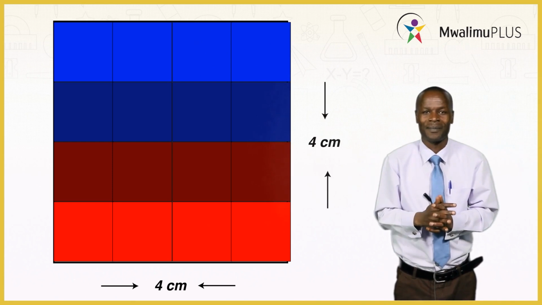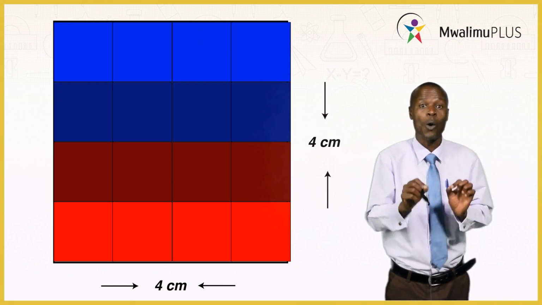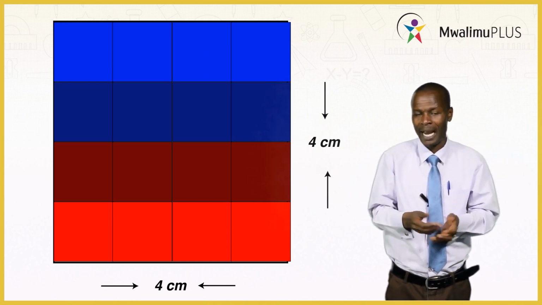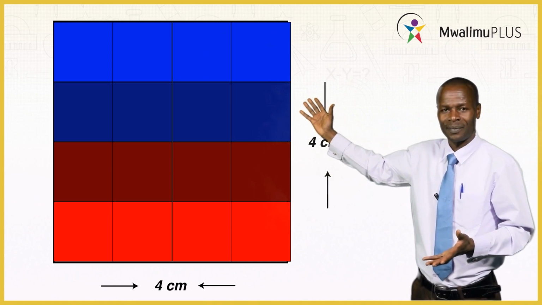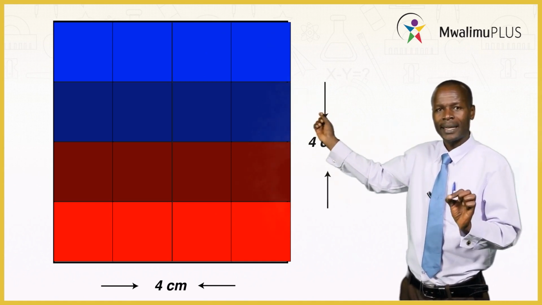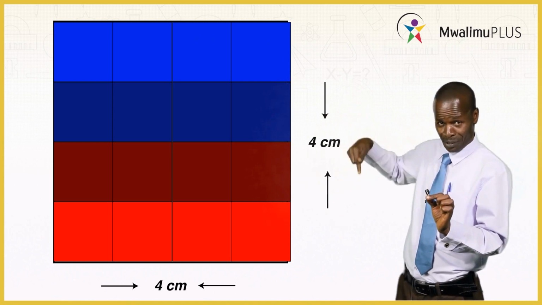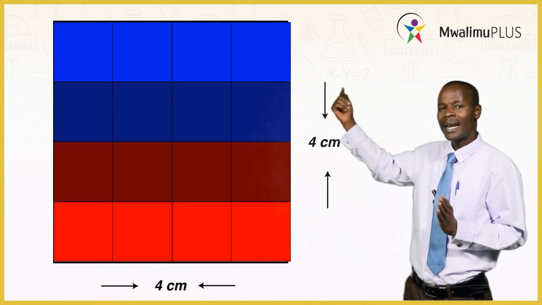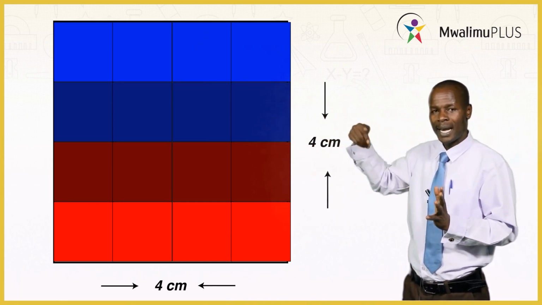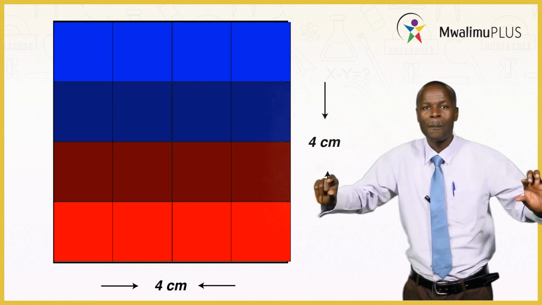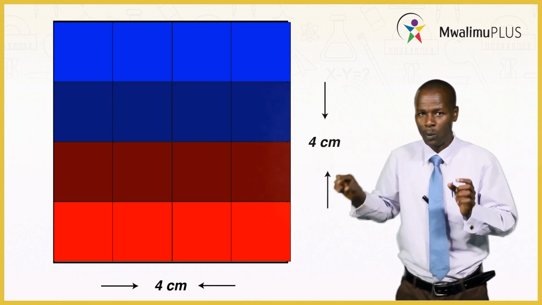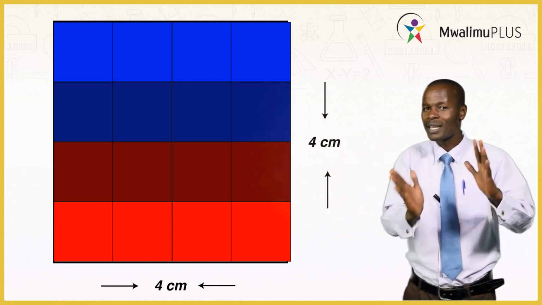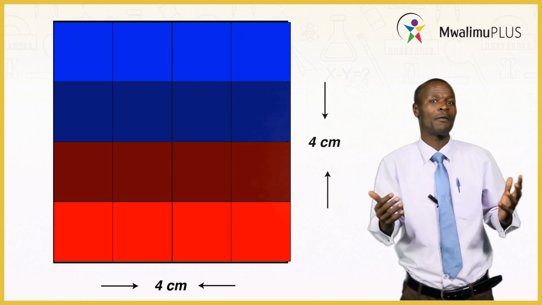Once you do that, then you'll now count how many in total that you formed. Now, in the illustration, you are going to see that one unit square drops to one side of the length, then another one, then another one, then another one. We first form one complete length. Then we continue dropping more and more until the whole surface of the larger square is filled up with the